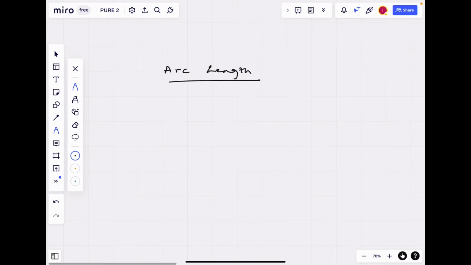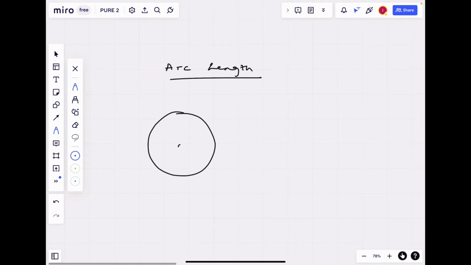Let's say you have a circle, just a random circle, and from the center of that circle, you make a slice, something like this. This section, this slice, is known as a sector. Okay? So if I were to draw out that sector separately,